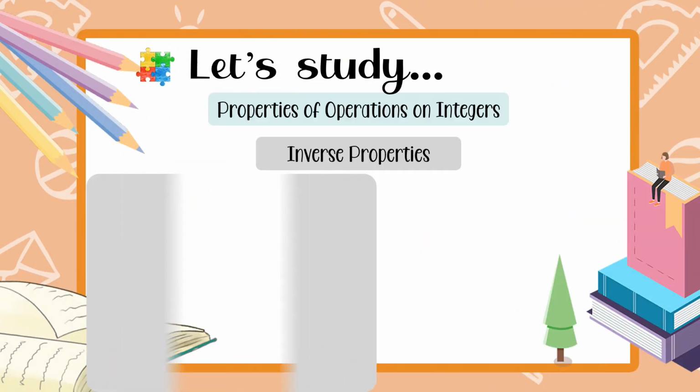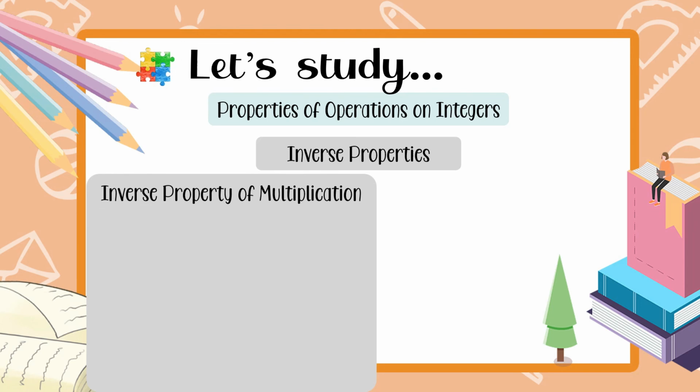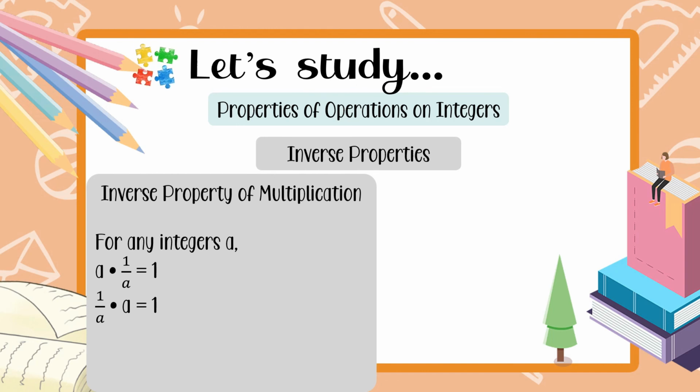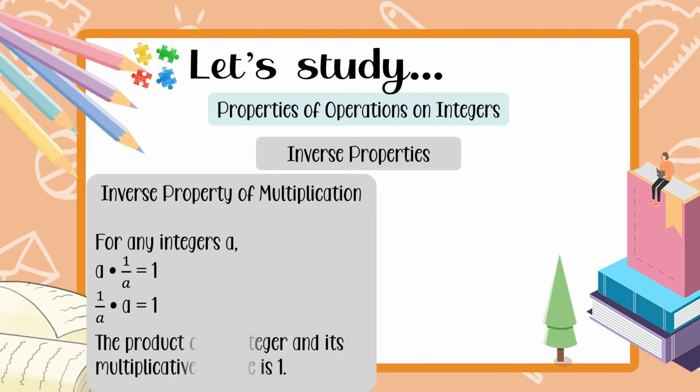And the second one, we have inverse property of multiplication. So, sa inverse property of multiplication naman, for any integers a, a times 1 over a is equal to 1, or 1 over a times a is equal to 1. The product of an integer and its multiplicative inverse is 1. Example,